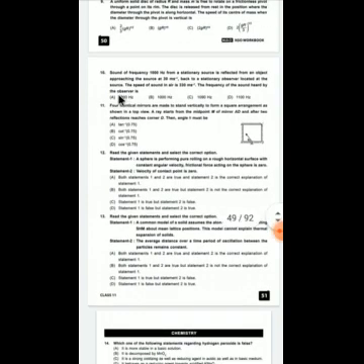Okay. So here it is given: option A, both statement 1 and 2 are true, and statement 2 is the correct explanation of statement 1. Option B, both statement 1 and 2 are true, but statement 2 is not the correct explanation of statement 1. Option C, statement 1 is true, but statement 2 is false. Option D, statement 1 is false but statement 2 is true.